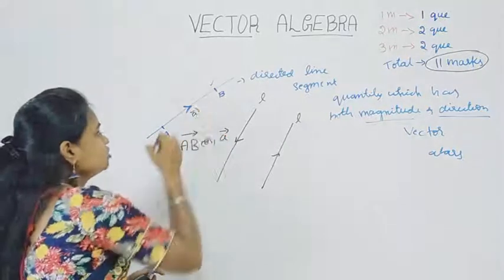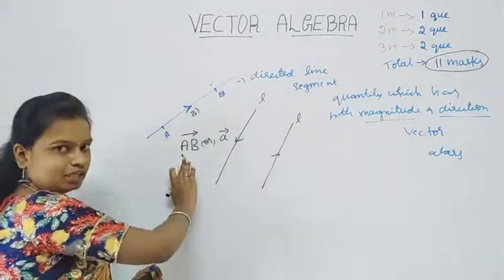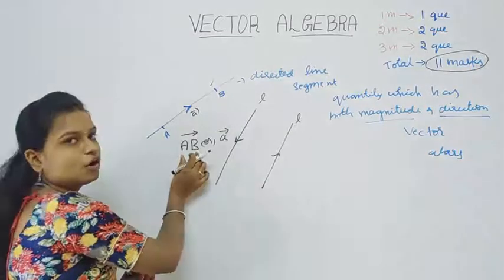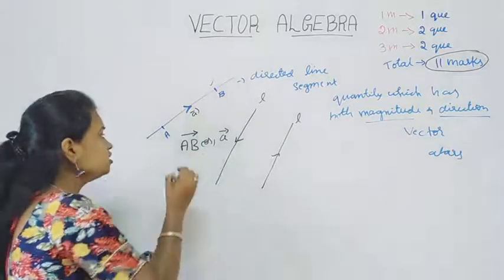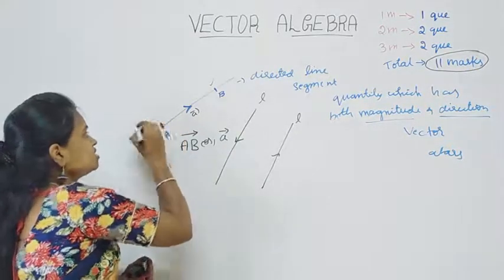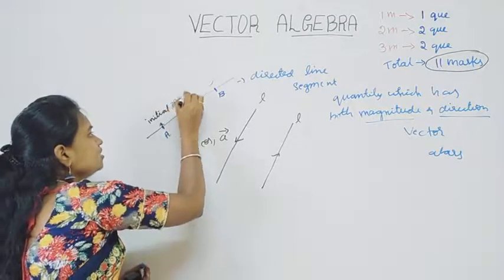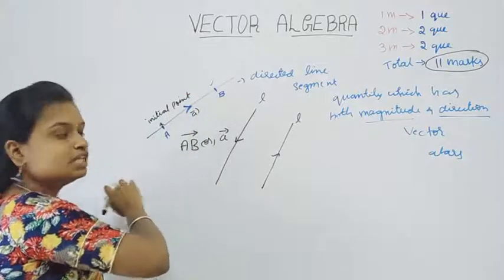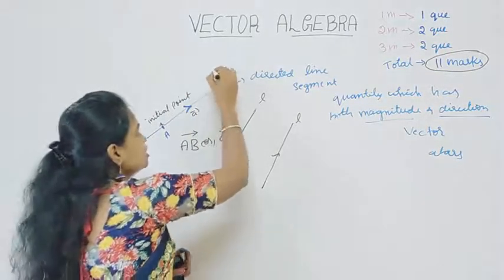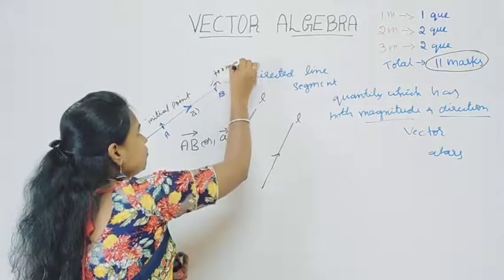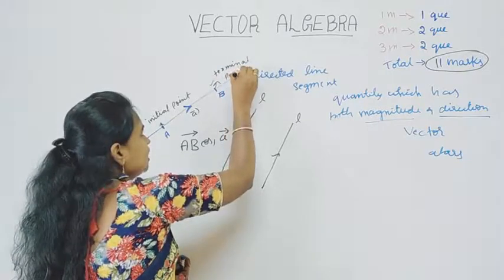Okay, so which means it is a vector quantity between the points A and B, and also here the point A is known as initial point. Okay, this point A is known as initial point, and this point B is known as terminal point. Okay, so vector